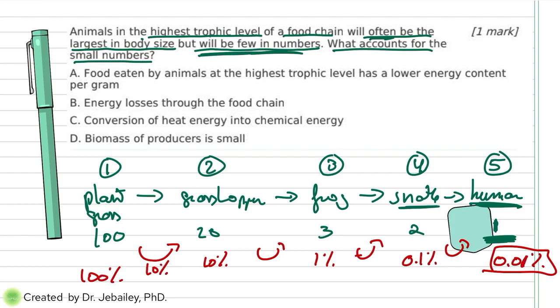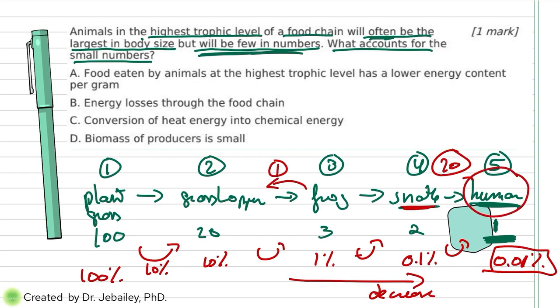That means that a human must eat about 20 bites of the snake in order to have the same amount of energy as if that frog was going to eat 1 bite of that grasshopper. So imagine, the frog just having 1 bite gets an energy that is equal to 20 bites of the human eating the snake. Why? Because the energy is starting to what? Decrease here. As you go along the food chain, the energy is dropping. So that means humans need to take more bites. In that sense, it's going to be just 1.